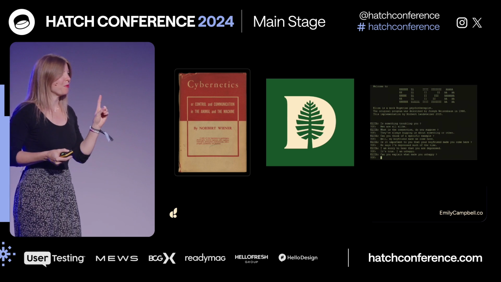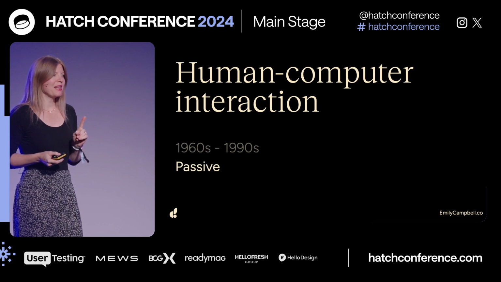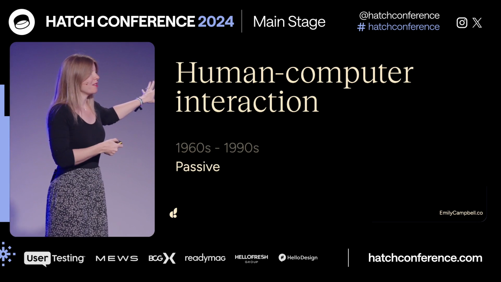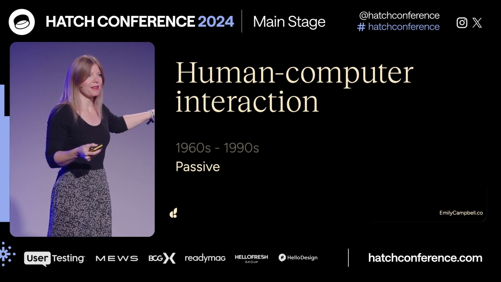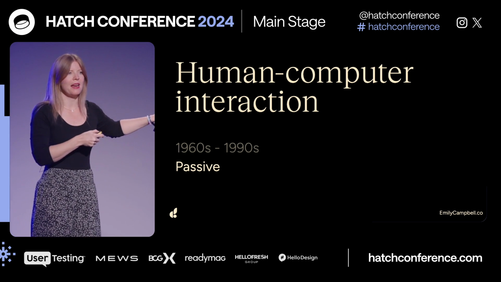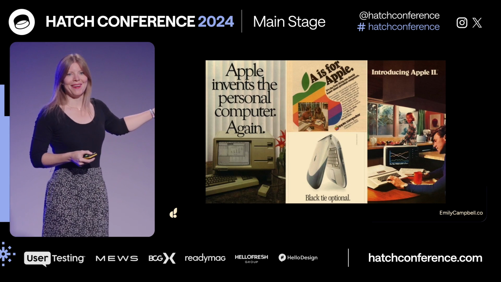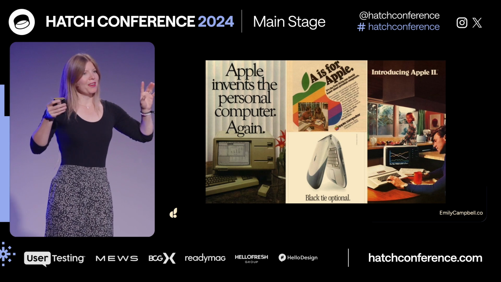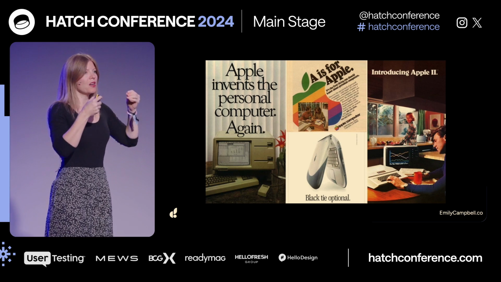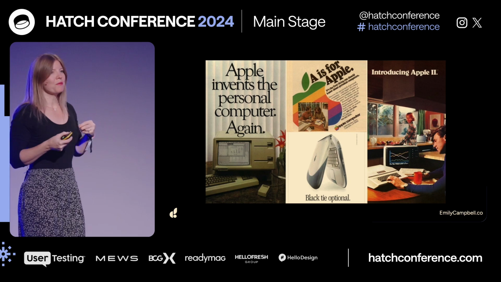So I just want to prime us with the fact that this whole AI thing has been with us for a while, and that's interesting, because if we jump forward to where we're going, we start with this period of human-computer interaction that's pretty passive, right? And yet we had AI, we had this technology. They didn't have the problems of today, so what else has been happening in the meantime? Well, this has been happening. We've gone from a world in that era when computing was very passive. It was call and response. I have something, I need an answer from the computer, to suddenly computers are all around us.